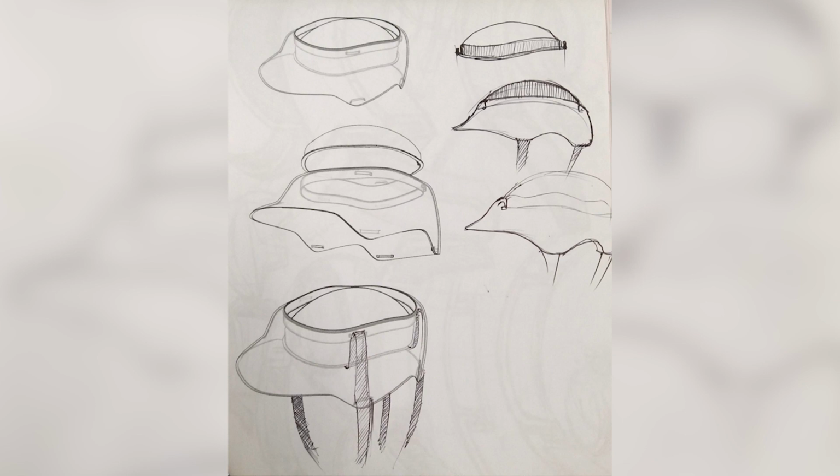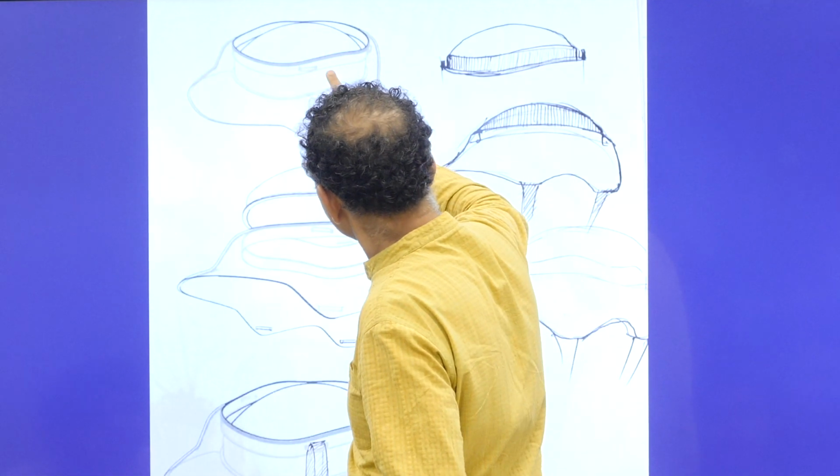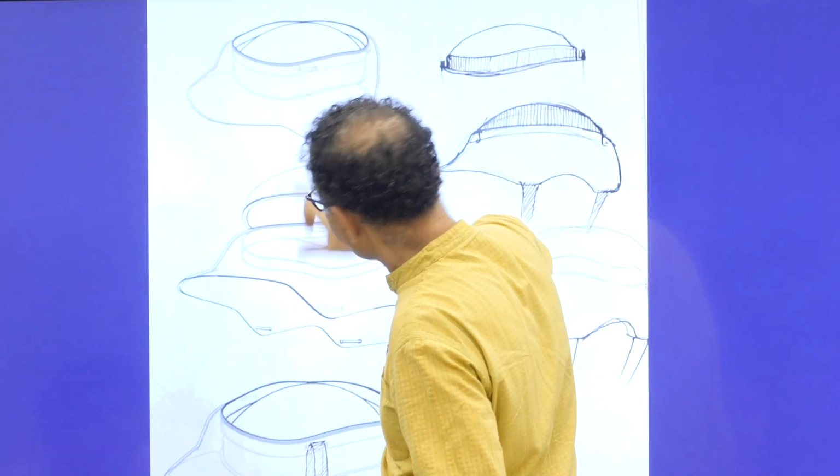And then the biggest challenge was, how will your top be buckled to the bottom? You have the top shell, and that has to be buckled to the bottom shell. This aspect was thought of multiple times. Should this shell be connected to this, and then this should be connected to the chin.